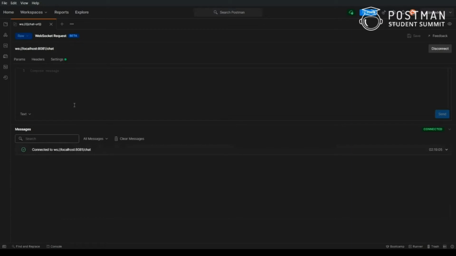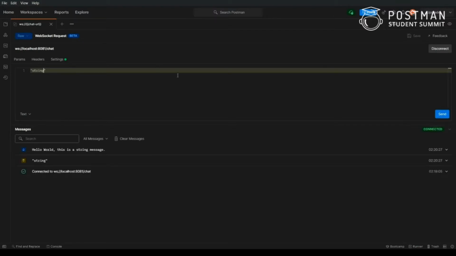The first step while testing the WebSocket is sending some data over WebSocket. Postman has a feature where you can compose the message that you want to send, and you can compose the message here. You can also set the data type that you want to send. By default, it is set to text, but you can change it to JSON, XML, HTML, or binary, whatever you want according to your testing purposes. So here, let's say I'll start with strings. I'll just set a string here and click on send.